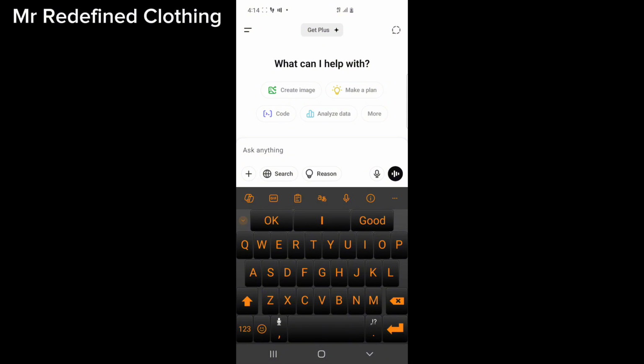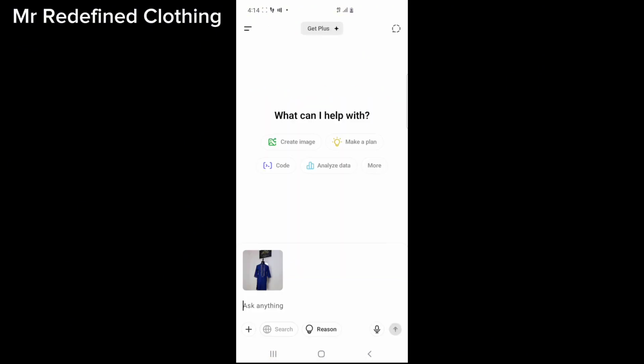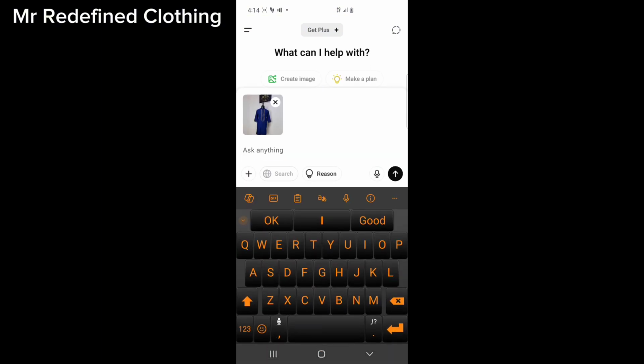So you click on the plus sign here, and you see photos and camera, right? The image you want to generate, the model is already in your phone. So you click on photos. Here I will pick this one as my first photo. It will load. Once it has loaded, this circular stuff will stop loading. Then you come here, you now say generate